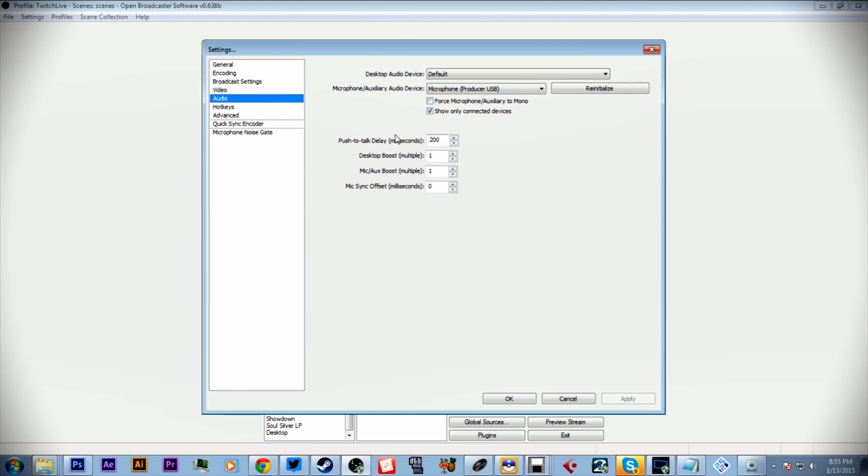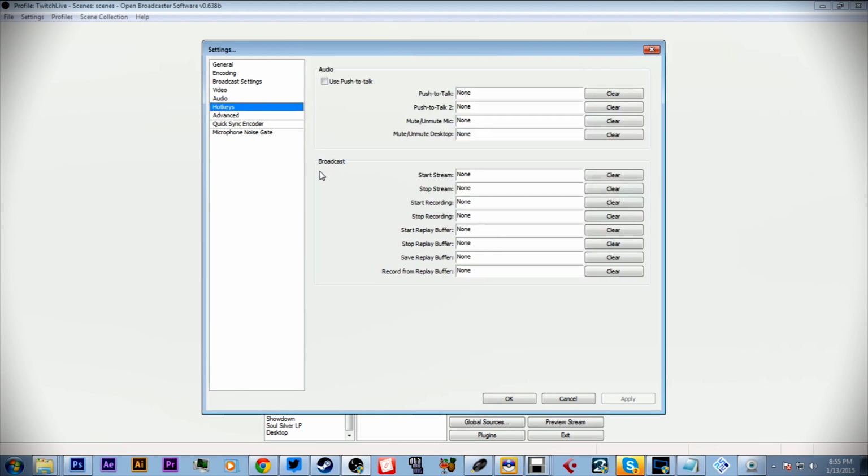Okay, so under hotkeys, you can set key combinations on your keyboard to start a stream, stop a stream, start recording, stop recording. And that buffer stuff, honestly, that's some advanced stuff. I don't know anything about the buffer, but 9 times out of 10 it does not impact the performance of streaming or your local recording. So as far as I know,